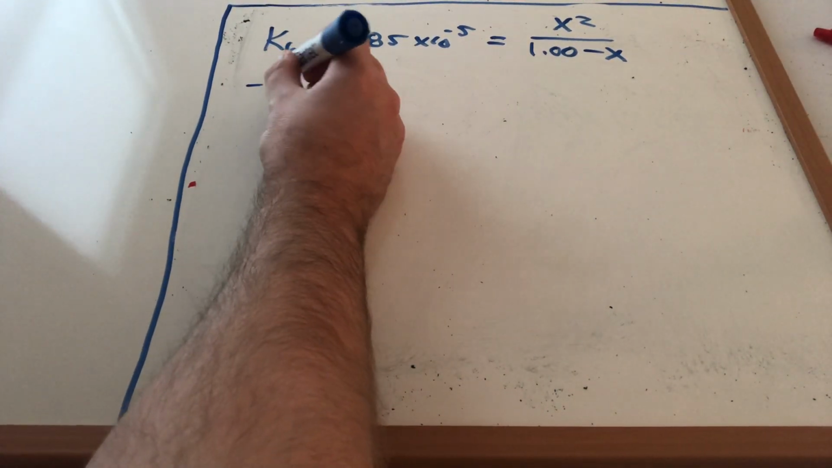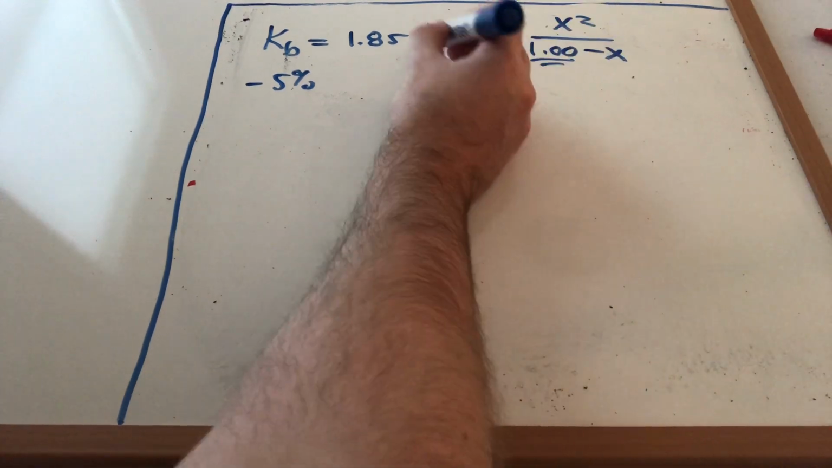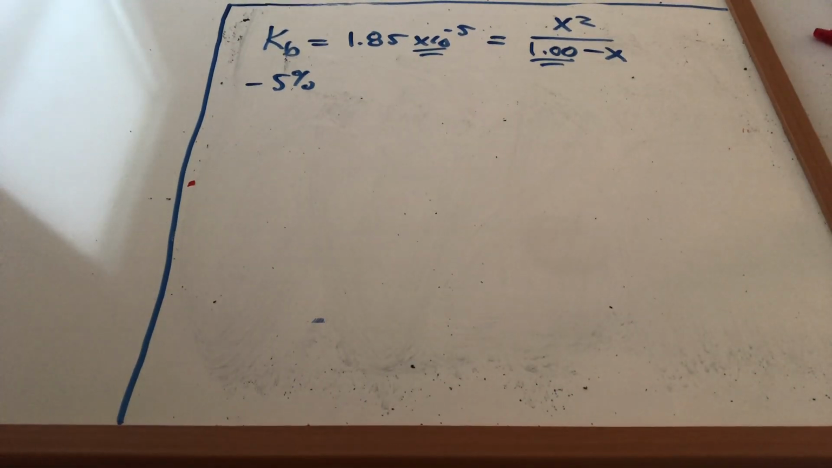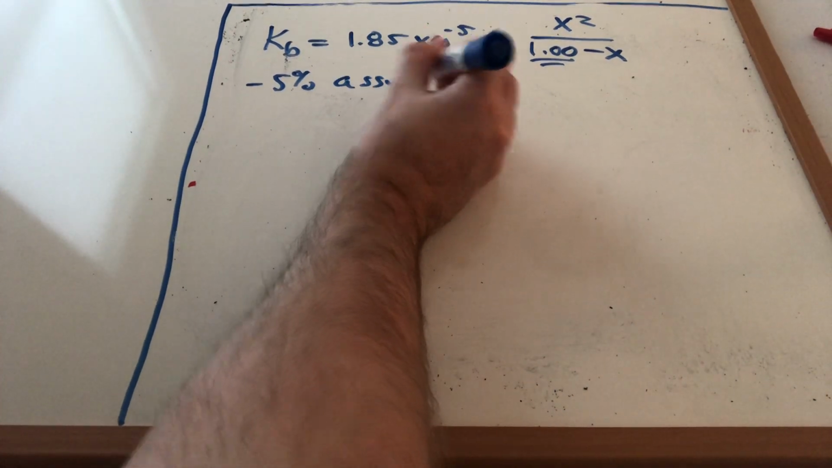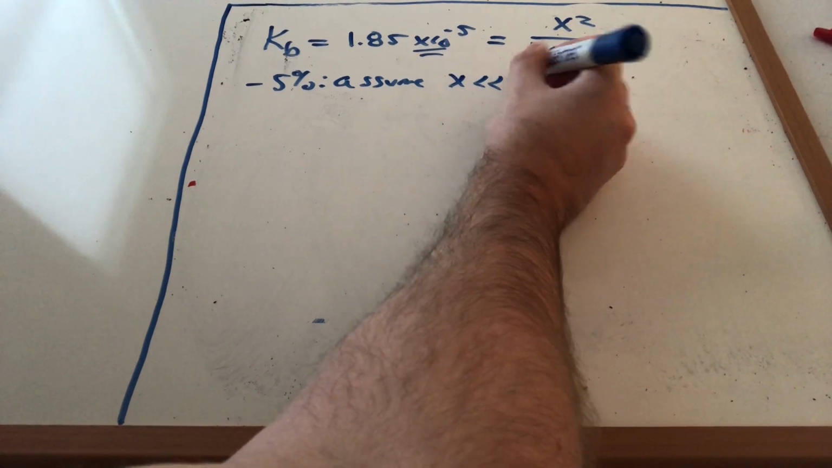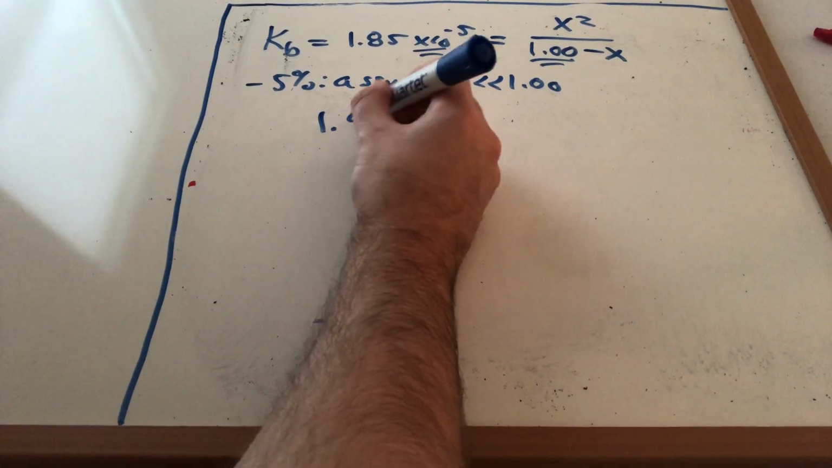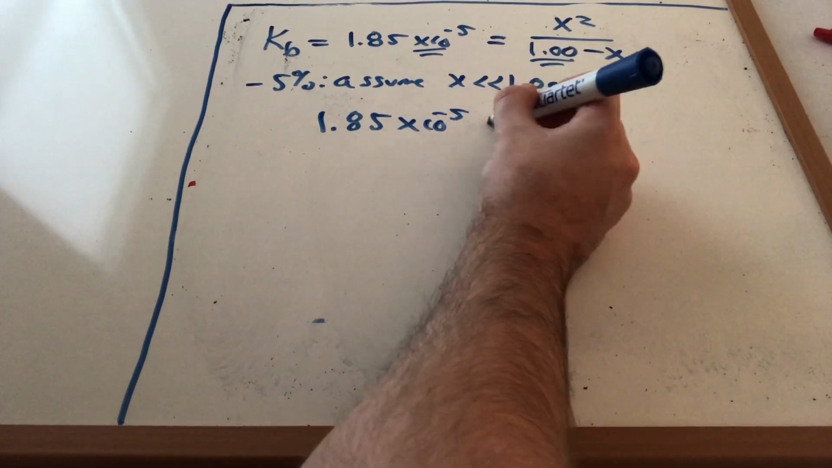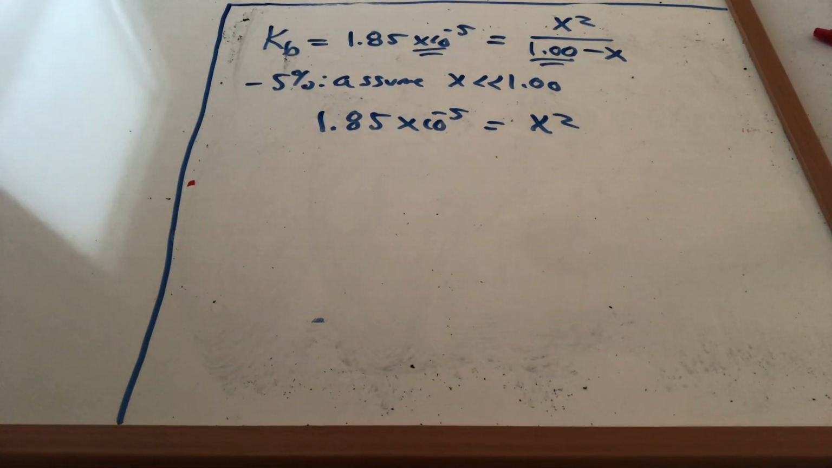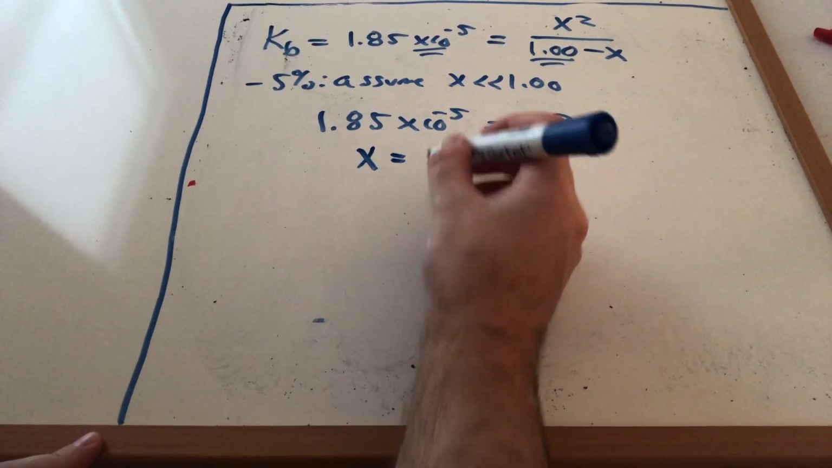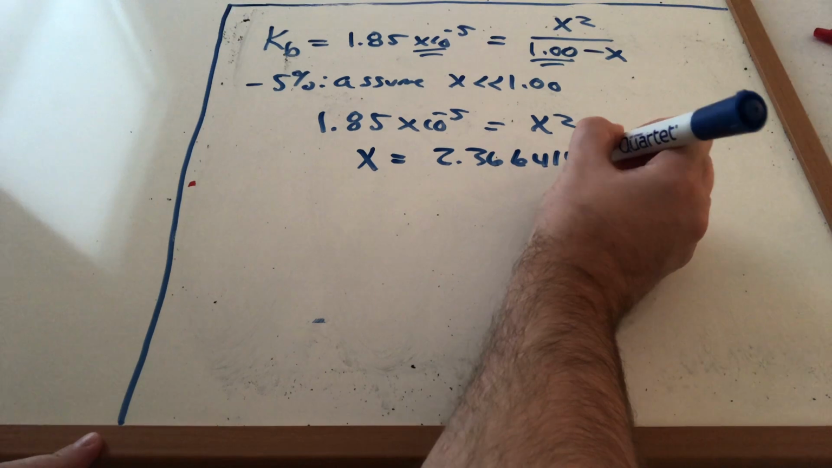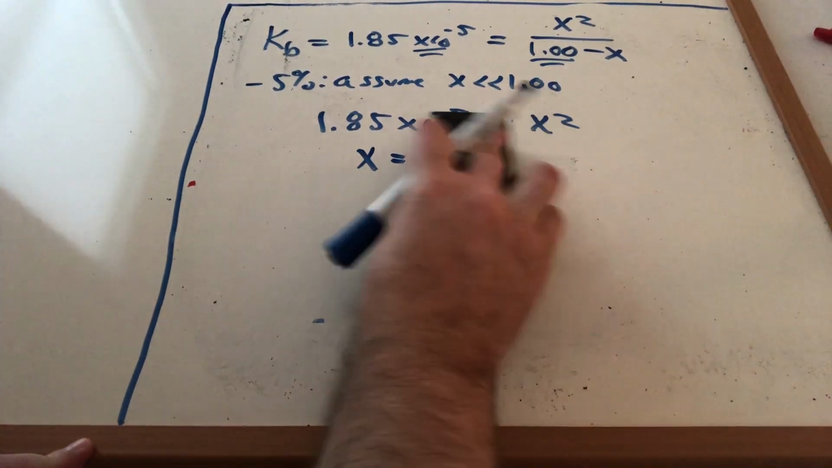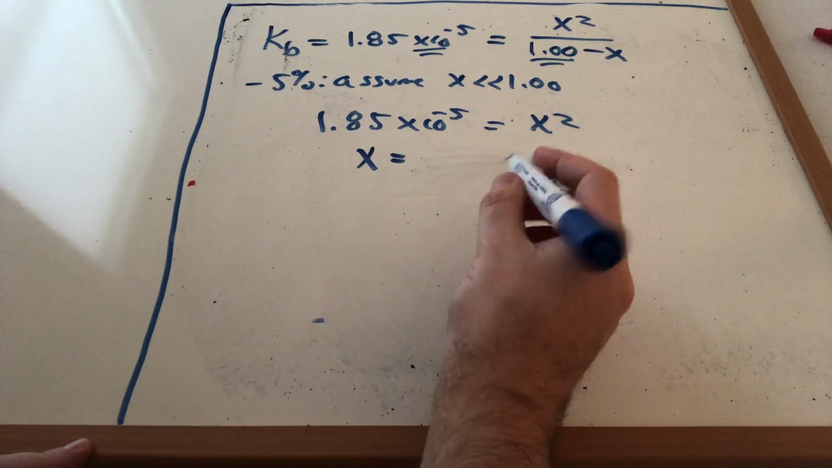So again, we're going to try the 5% rule. We also see that this is 10 to the 0, this is 10 to the minus 5. It's a situation where we should use the 5% rule. So let's assume that X is way less than 1.00. Our math simplifies down. 1.85 times 10 to the minus 5 equals X squared divided by 1.00. Okay, so our X in this instance, take the square root of both sides, and what you get is